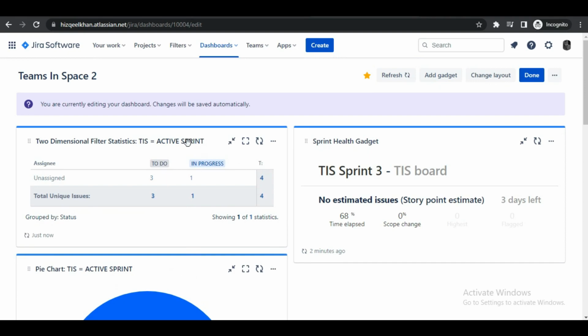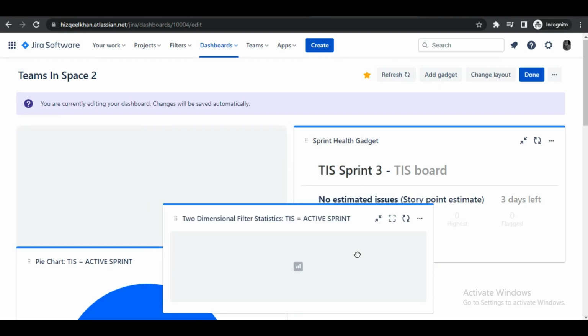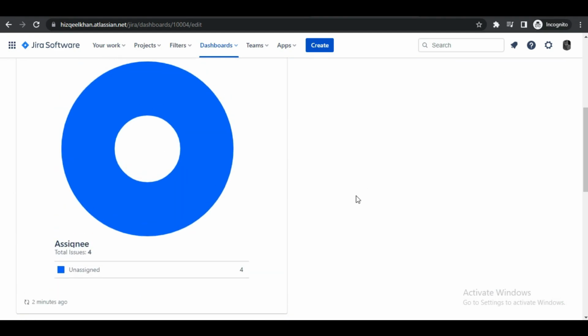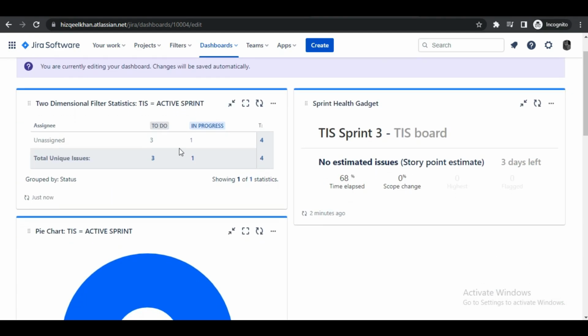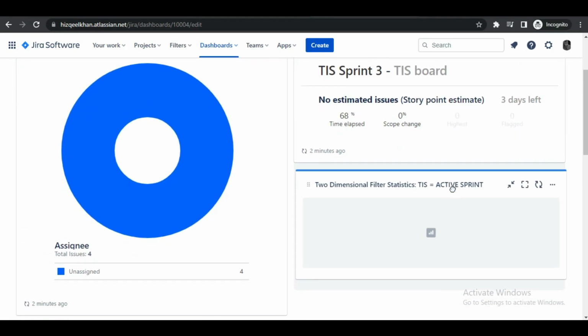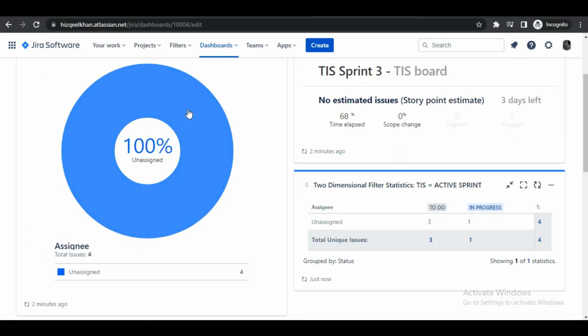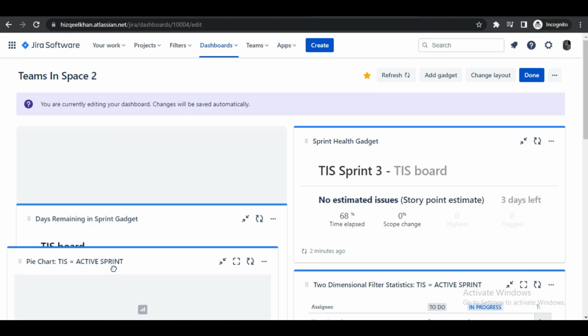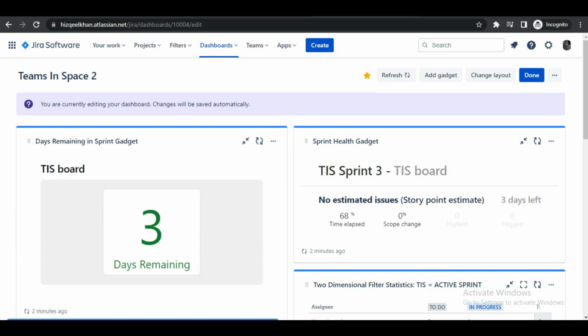Select the statistic you want to display in the gadget, such as issue count, story points, or any other relevant metrics. You can choose multiple statistics to be displayed simultaneously. Customize the appearance of the gadget by selecting options like sorting, chart type, color schemes, and more. Once you have configured the two-dimensional filter statistics gadget, click on the Save or Apply button to save the changes and